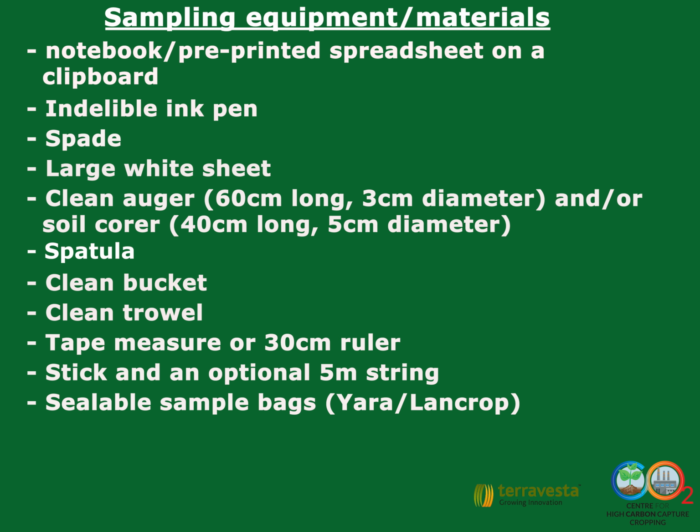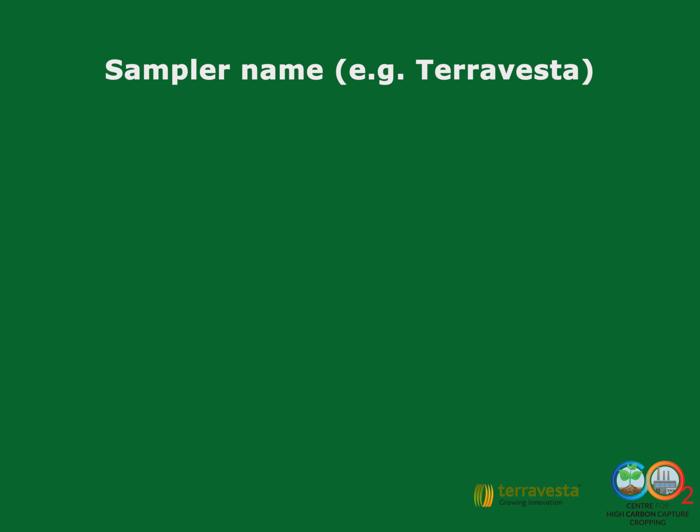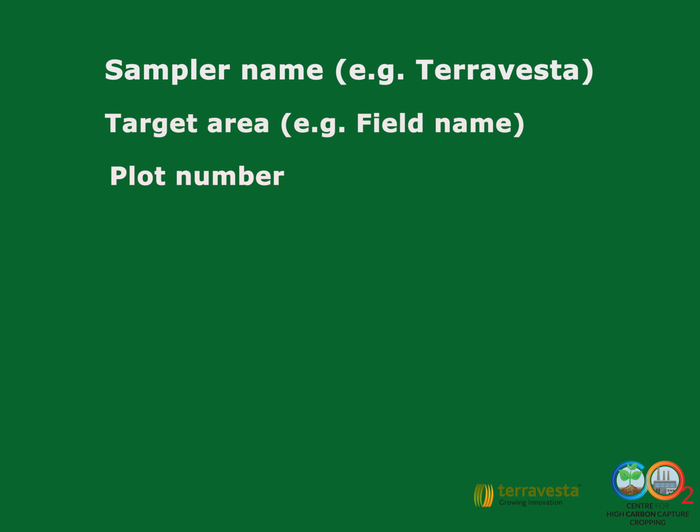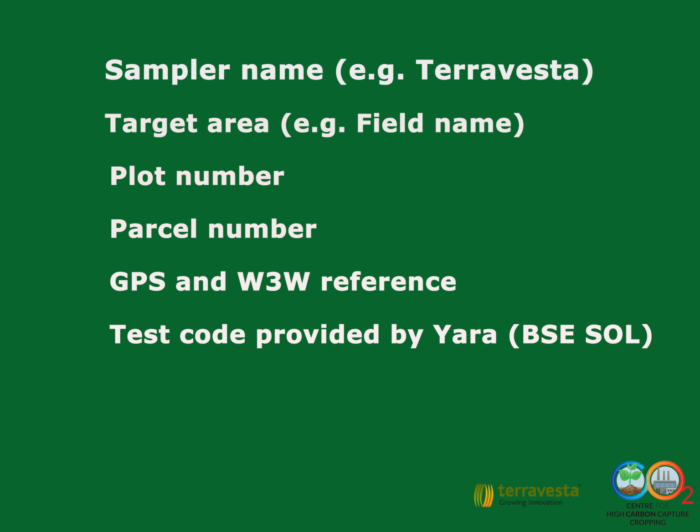Sealable sample bags provided by Yara, and a mobile phone with GPS and what3words installed, as well as a camera if you are unable to take pictures on your mobile phone. The following label requirements are required for each sample: the sampler name, the target area, the plot number, the parcel number, the GPS and what3words reference, and the test code provided by Yara, this being BSE SOL, and